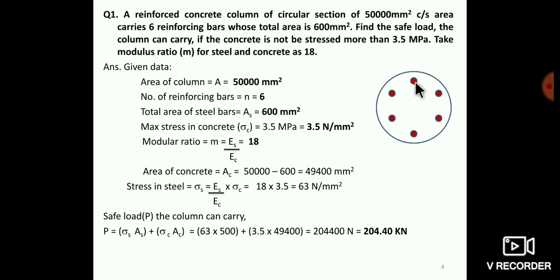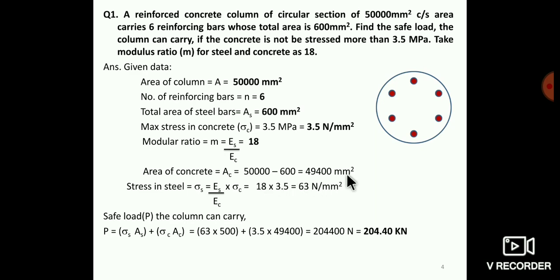Secondly, area of the steel bars, and third, area of the concrete between the steel bars. So the area of column is the sum of area of steel plus area of concrete. Here area of column is given, area of steel is given. So how can we find the area of concrete? It is area of column 50,000 mm square minus area of steel, means minus 600. So area of concrete is